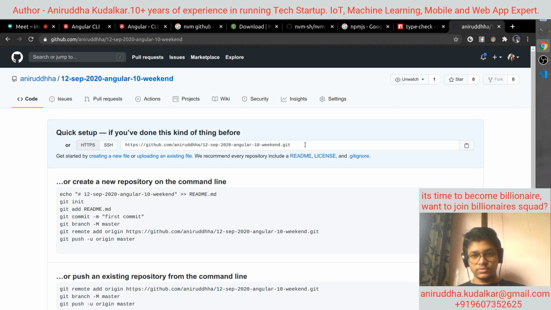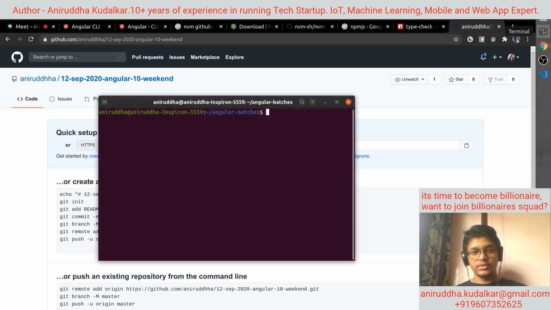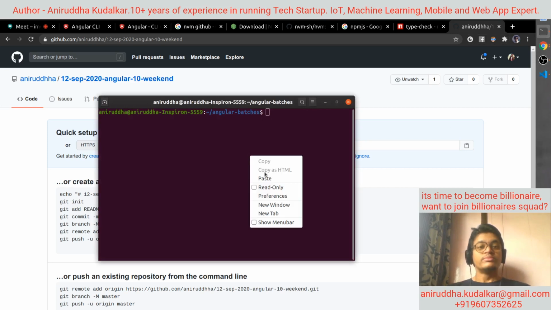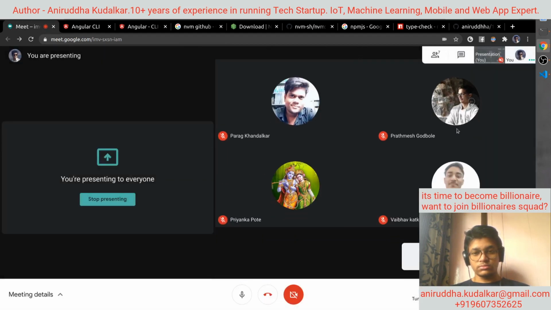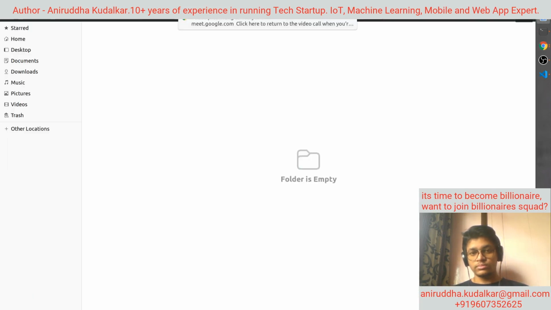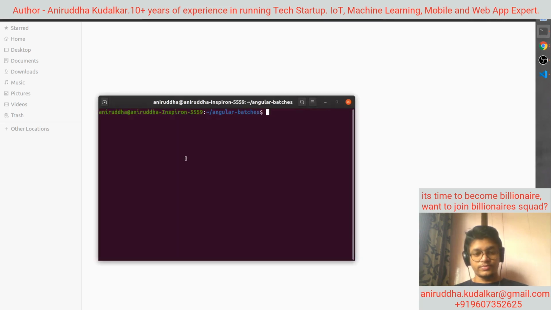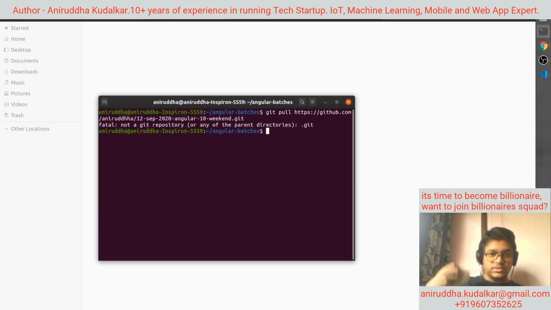Okay, now copy. So git pull and paste it like this.